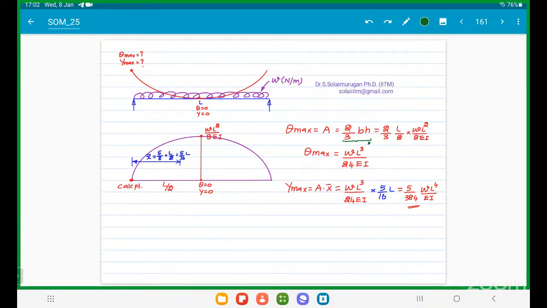Yes. Okay. So you have some idea about the moment area method, correct? Slope equation in one line, deflection equation in the second line. You can get it. Next,